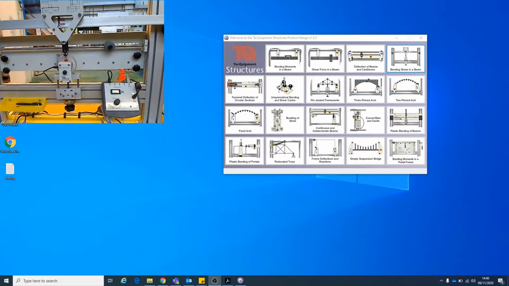So this is a recording to show how to do a bending stress in a beam TQ experiment. What you should be able to see at the moment is the TQ rig in the lab. You've got a little display here that shows the load being put onto the beam. Up here, you can't quite see, are the dimensions of the beam, and here is where the load gets